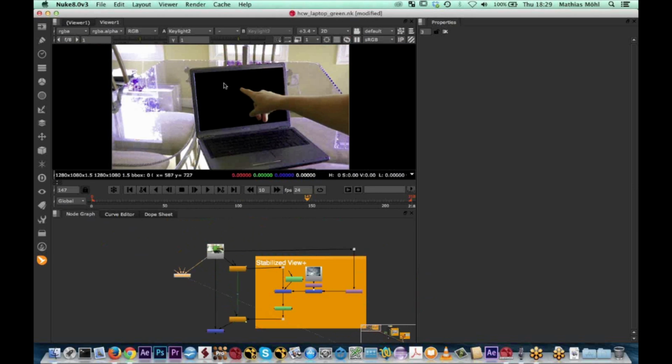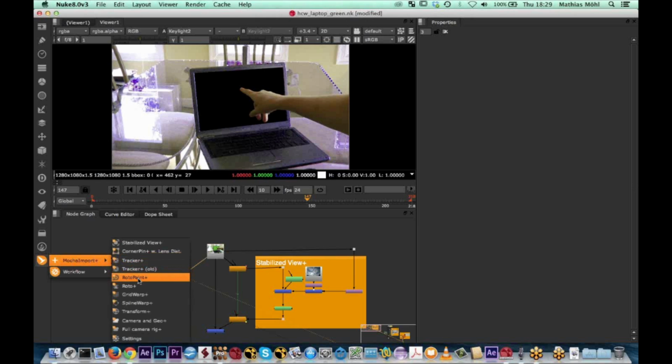So how do we draw a mask around this that moves with our track, essentially? This is very convenient with Mocha Import Plus, because in Mocha Import Plus you have the RotoPaint Plus and Roto Plus nodes. So far from Mocha Import we just use the stabilized view, and now you have all these entries here, which are like variants of existing nodes that you might know from Nuke, that are extended with the ability to load Mocha tracking data. So if you're used to work with tracker nodes, for example, the Tracker Plus is a normal tracker node, but you can load tracking data